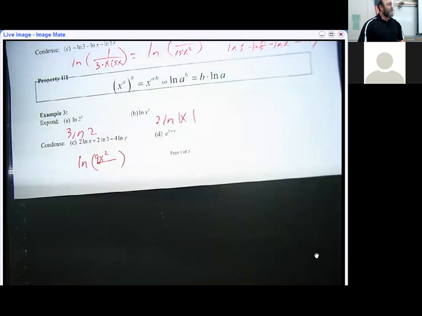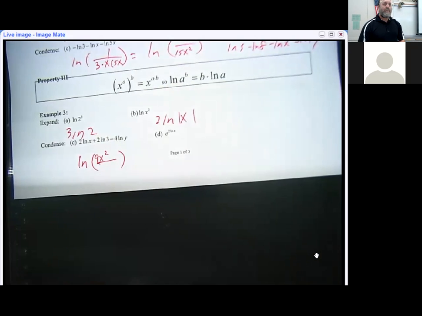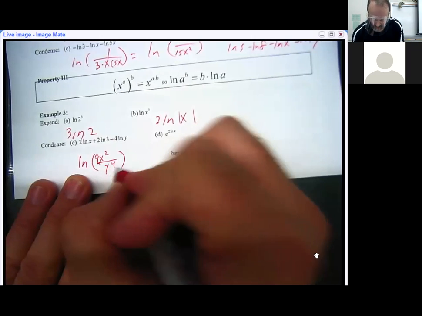And what's the last one? That's y to the 4th, isn't it? Isn't this y to the 4th because I could bring this back up? And where should it go? Top or bottom? Y bottom, because it's a negative, y to the 4th. Now over here,